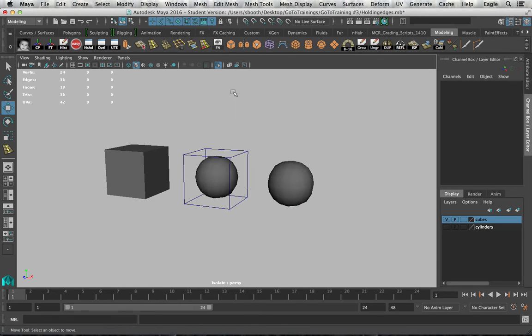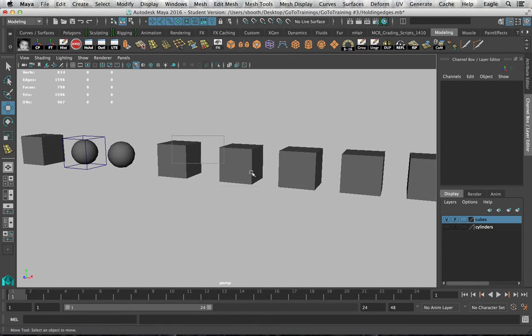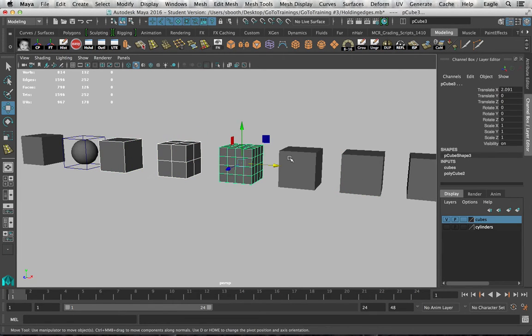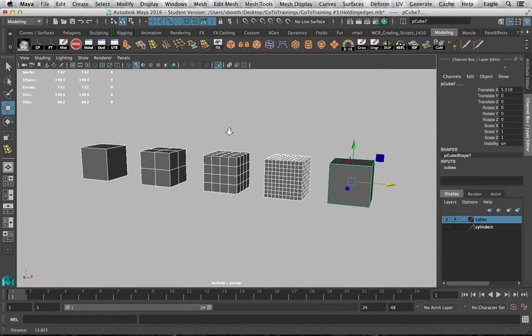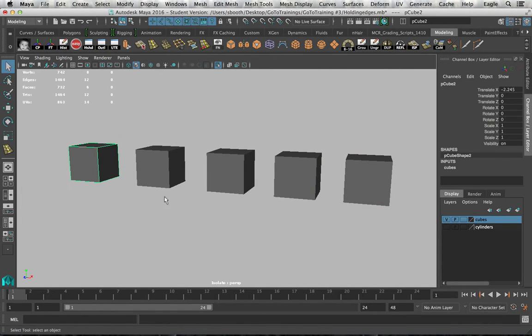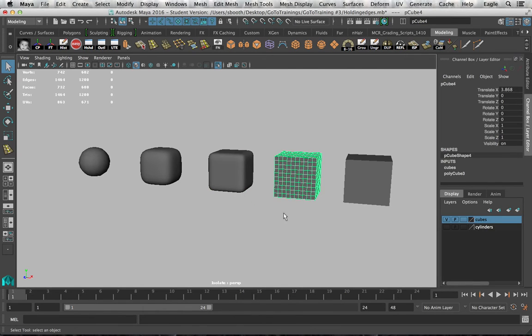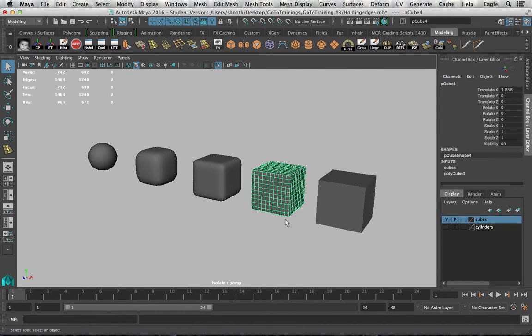Okay. So then where do holding edges come in? We'll look at these guys here, and we'll kind of talk about holding edges. Now, we know what happens to this one when we hit 3. It completely smooths out. But now we have another cube which is subdivided and has a lot more faces, and let's hit 3 there. You can see, just between these two objects, the amount of smoothing that has happened is a lot less with more edges on there. And then the same goes down the line here. So the more edges we have, the more it's going to keep its shape when we go from 1 mode